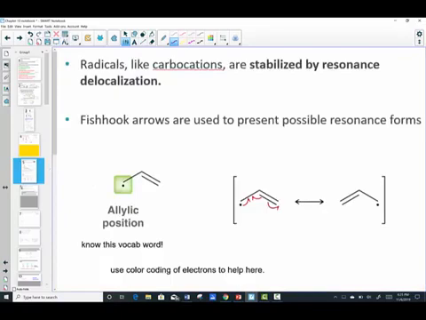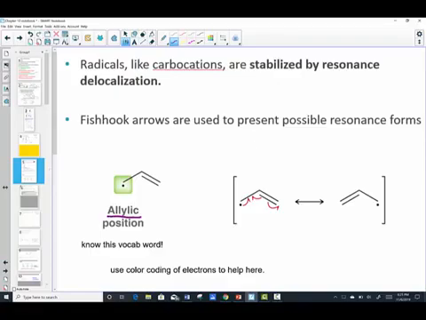So radicals, like carbocations, are also stabilized by resonance. And this is because they can delocalize the bond. We're going to practice delocalization of resonance using the fishhook arrows, and they're used to present all the possible resonance forms. Now I'm going to introduce a vocabulary word that I want you to know is very important, the allylic